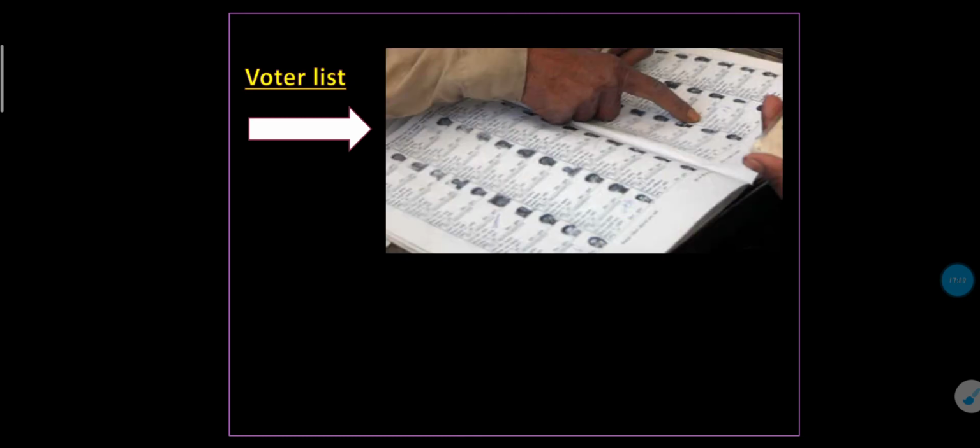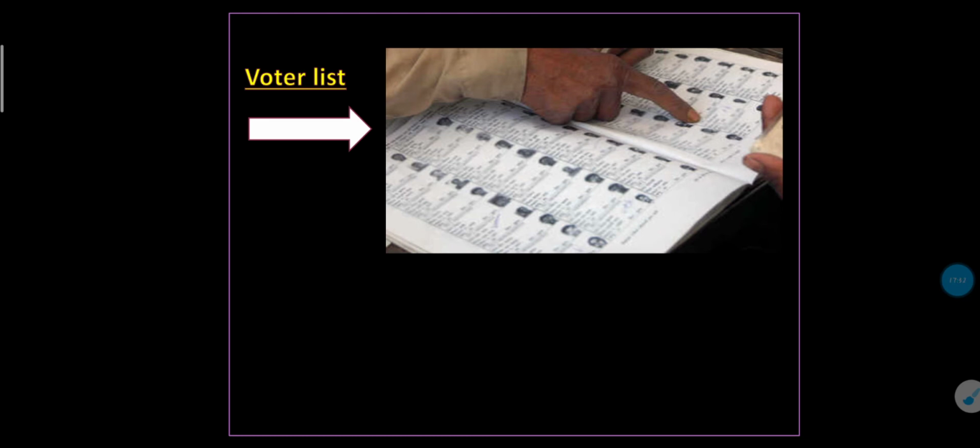Now how will we know who is eligible to vote? We will know that from the voter list. You can ask your parents: when you go to give your vote after 18 years of age, you also get